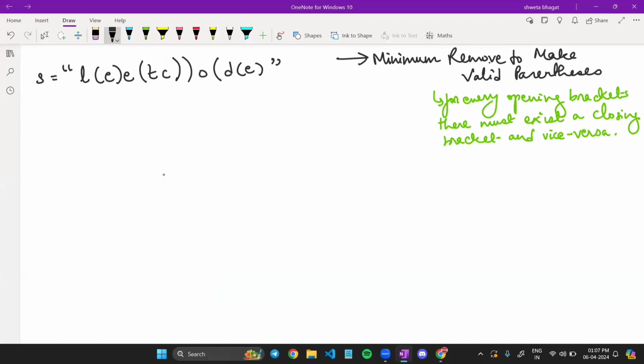According to the problem statement, we have been given a string S that contains parentheses and lowercase English alphabets. We can see that in this S we have opening and closing brackets, and we have all the English alphabets present in lowercase. Now what we have to do is remove these parentheses in order to make it a